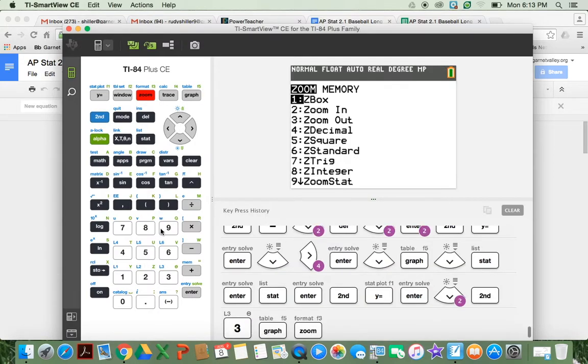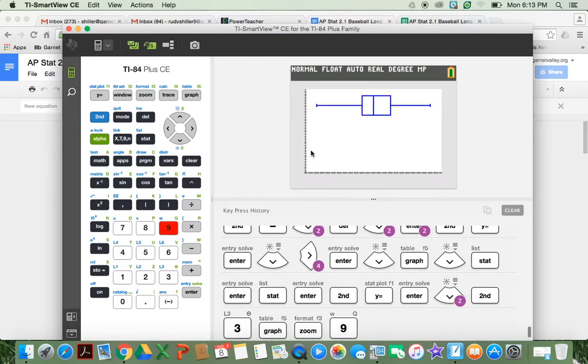So zoom 9, you'll just spread it out a little bit. There it is there. That's what my data looks like. You see how symmetrical it is. Well, sometimes what happens is, we're going to talk about transforming data and what happens if we were to add